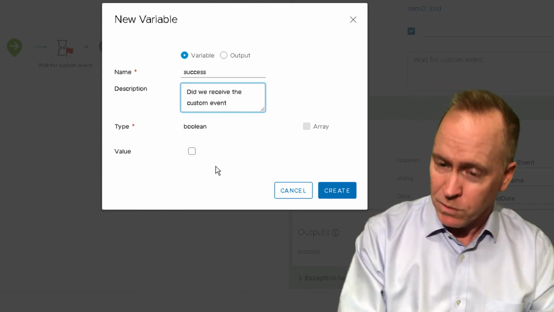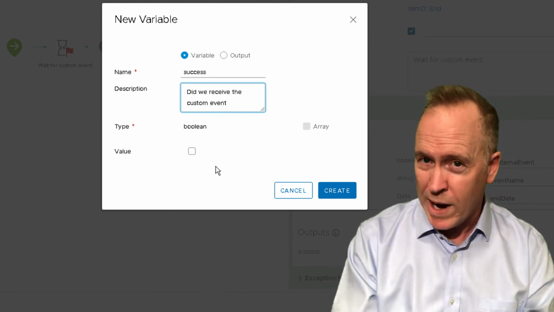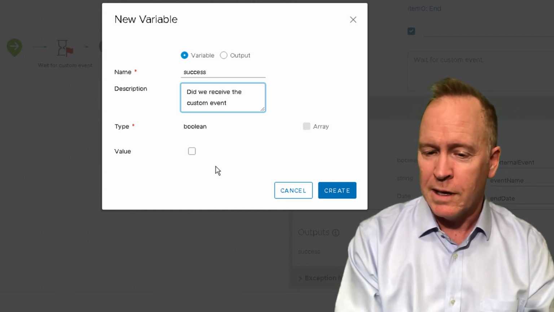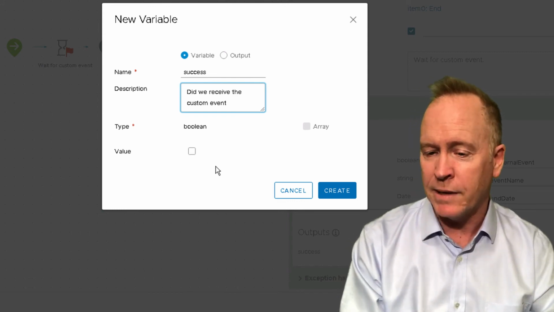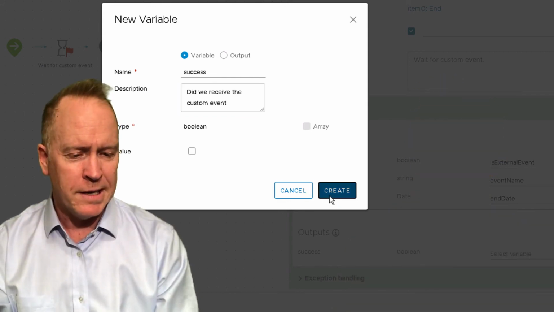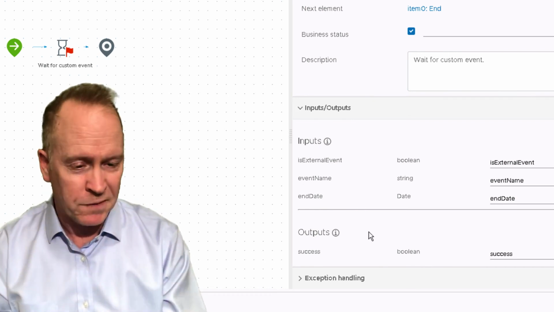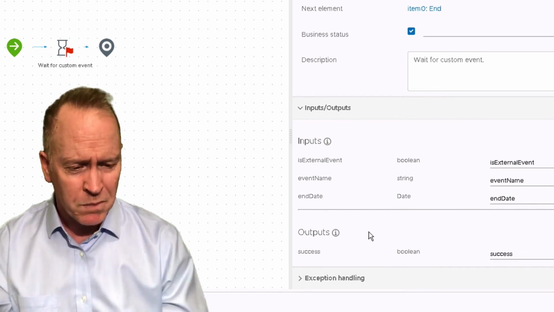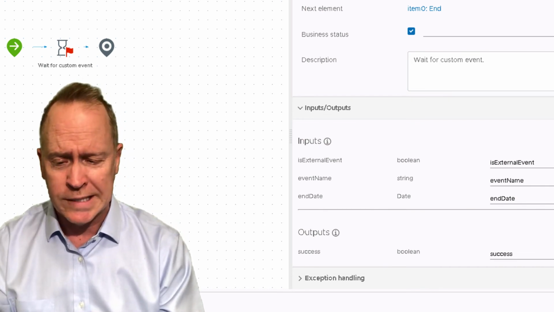So this Boolean variable allows you to determine, once your workflow stops waiting, whether we continued onward because we received the event or because we timed out. We'll go ahead and click Create, and that's it. That's all you have to do. If you wanted to do something fancier, you would do some of that date arithmetic on the InDate variable. But to just illustrate this working, that's all we have to do. So let me go ahead and save this,